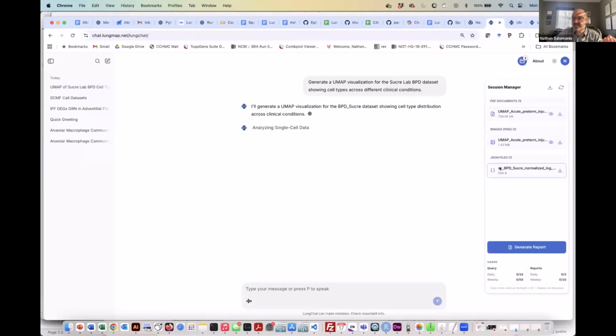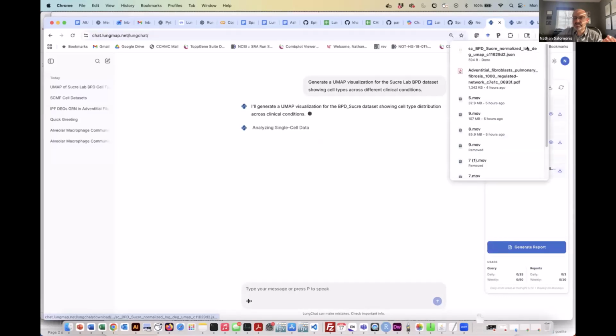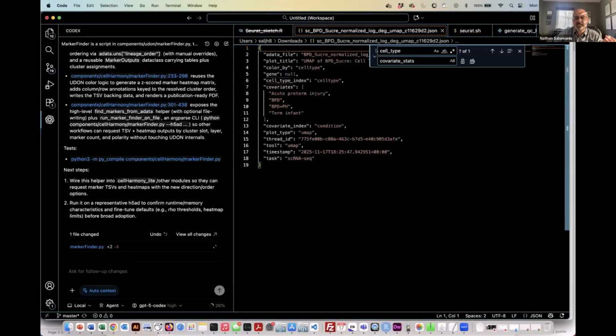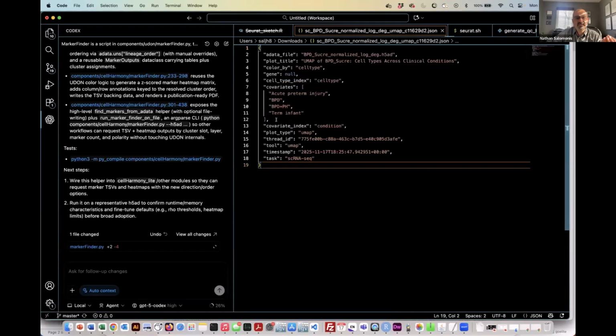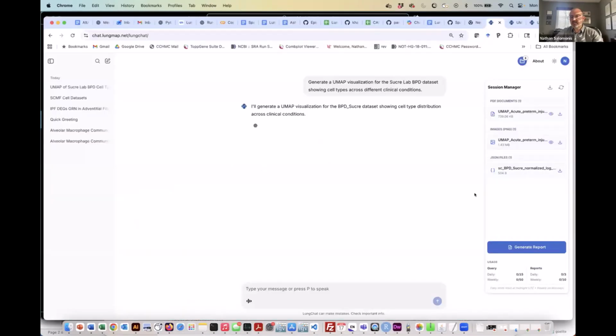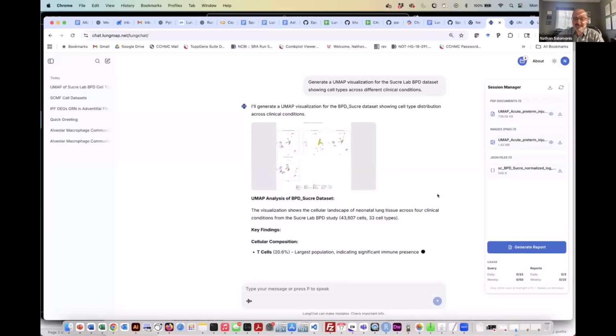And you have its configuration information, so you can download this JSON file. This JSON file gives you the specific configurations and parameters that were run to obtain this plot, along with the unique ID of how it was generated. And you can generate reports for it. It's still thinking, it's still trying to interpret, so it's finally generated its results.